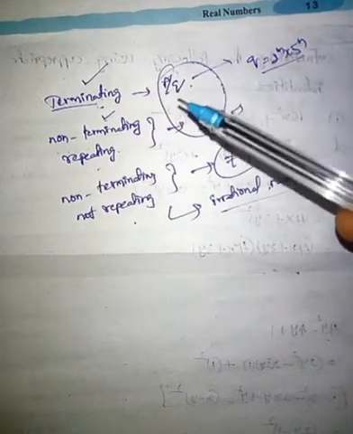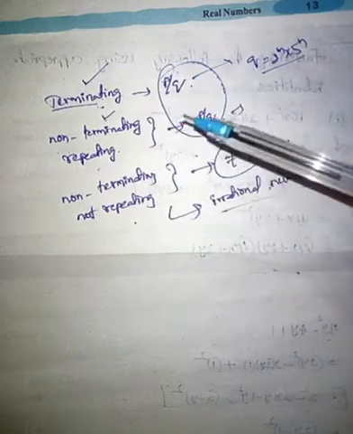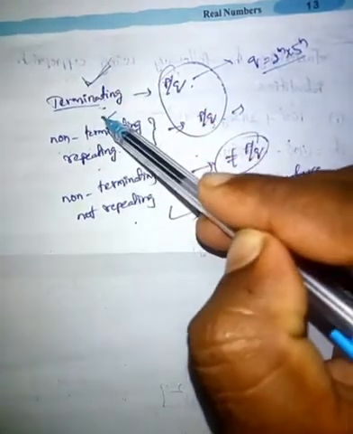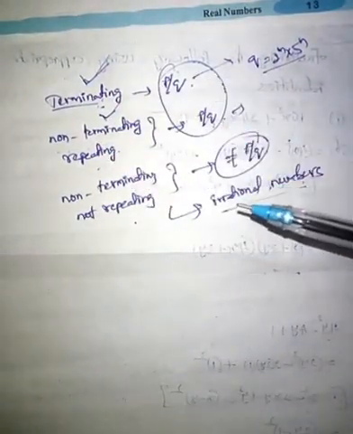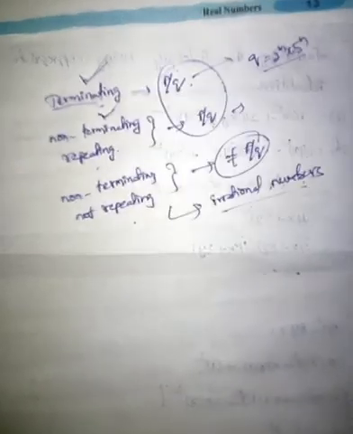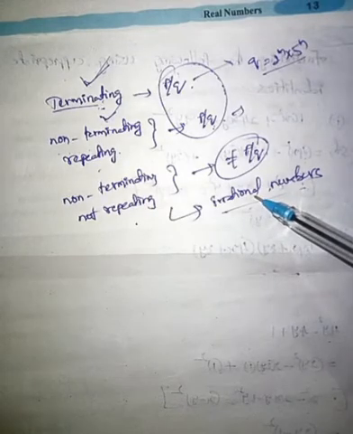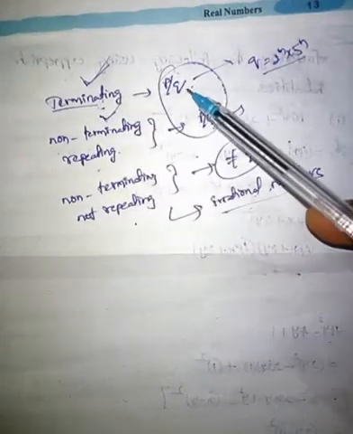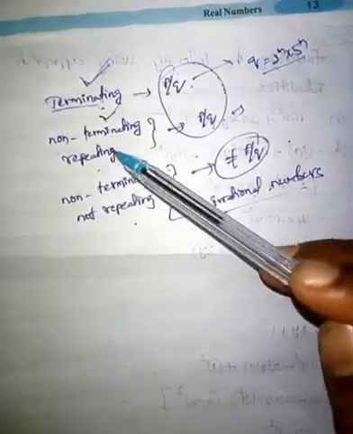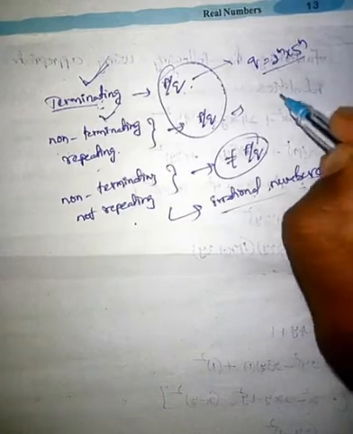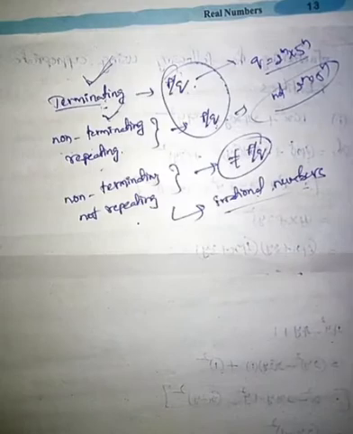We can express these decimal expansions in the form of p by q. Such types of decimal expansions are terminating and non-terminating repeating. We can express terminating decimal and non-terminating repeating decimal in the form of p by q. Okay, and we can't express the non-terminating not repeating decimal in the form of p by q. And if it is terminating, then its denominator is in the form of 2 power m into 5 power n. And if it is non-terminating not repeating, the denominator is not in the form of 2 power m into 5 power n. Okay, so